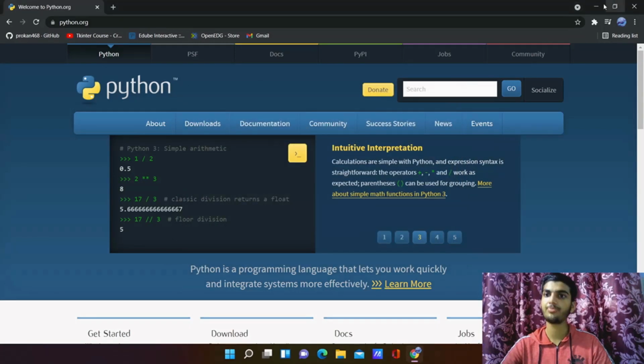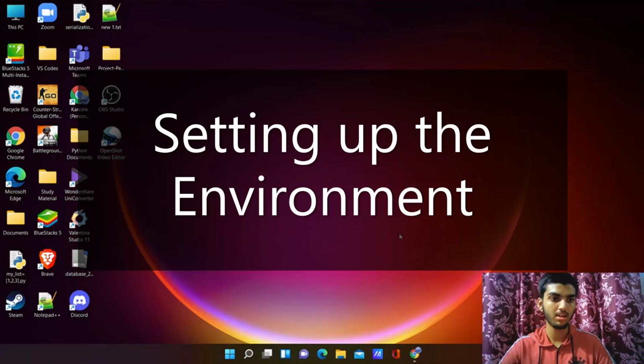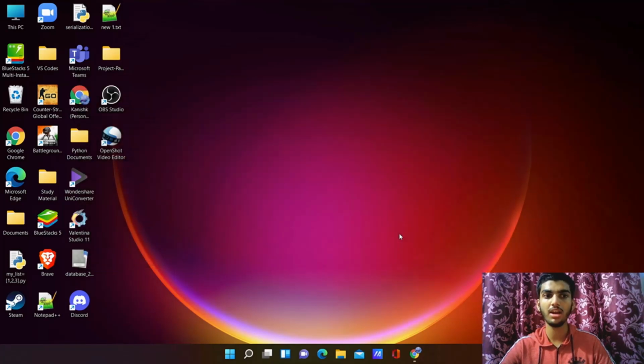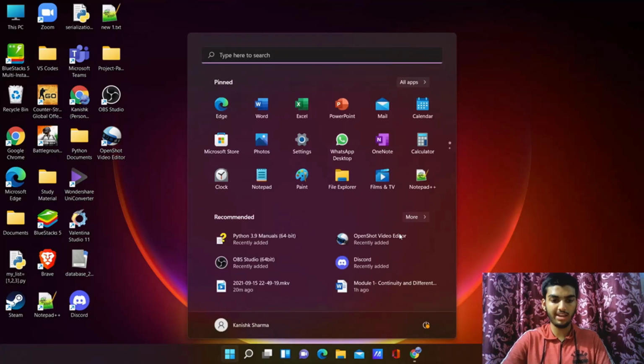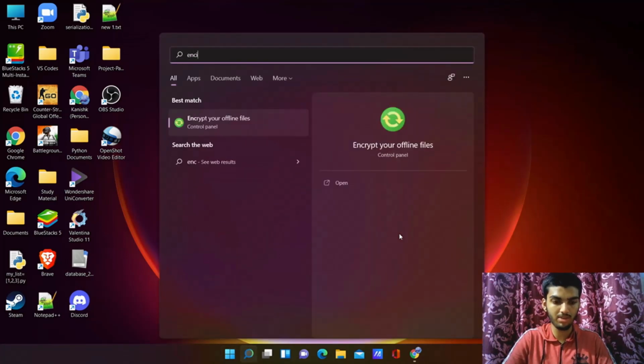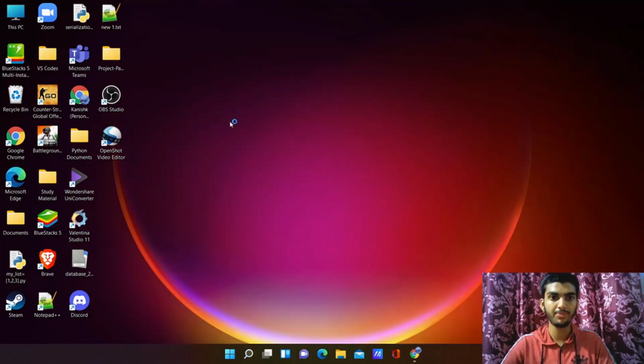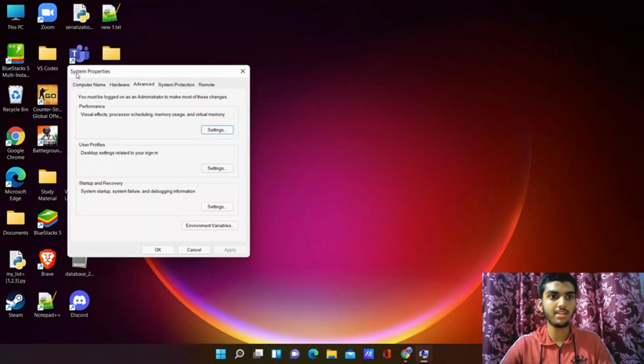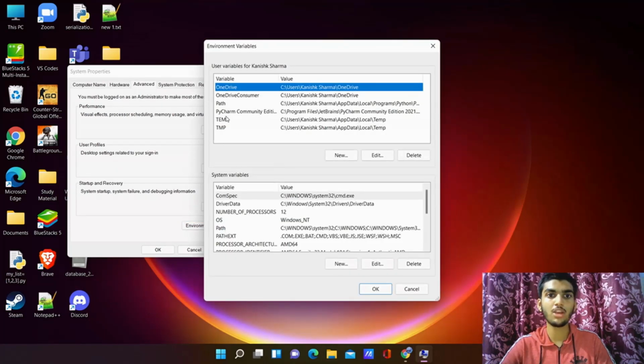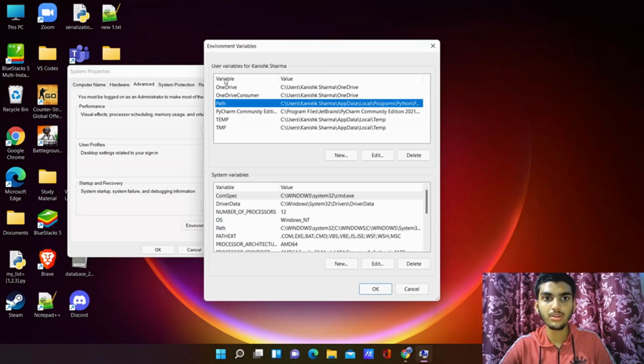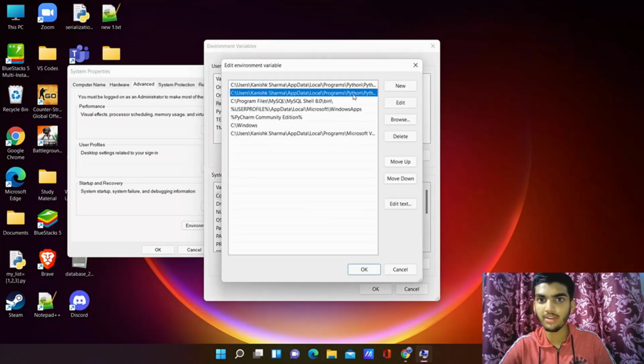Now we'll close it. Now coming on to setting up the environment, if you had already ticked add to path, it would already be there, and we'll check it by searching environment variable. As you can see, click on it, and a system properties window will open, and you'll see environment variables at the bottom of this window. Click on it, and on path you'll see a user variable, at the top, the path, and here you should see something related to Python. If you see that, you're good to go. If not, what you do is